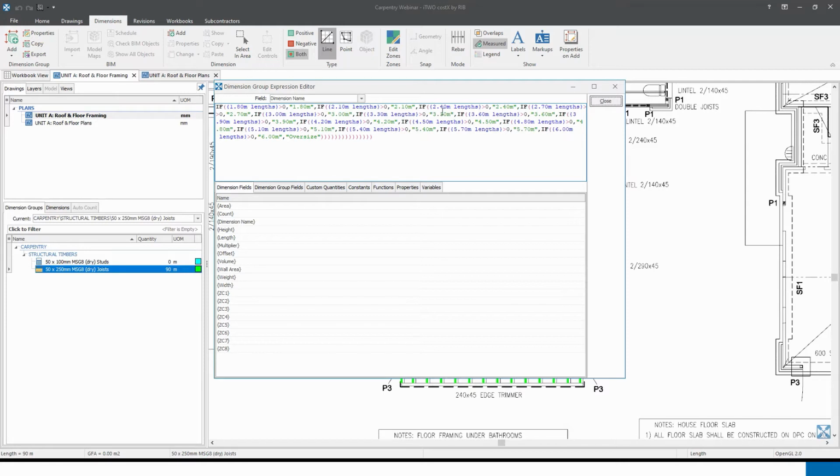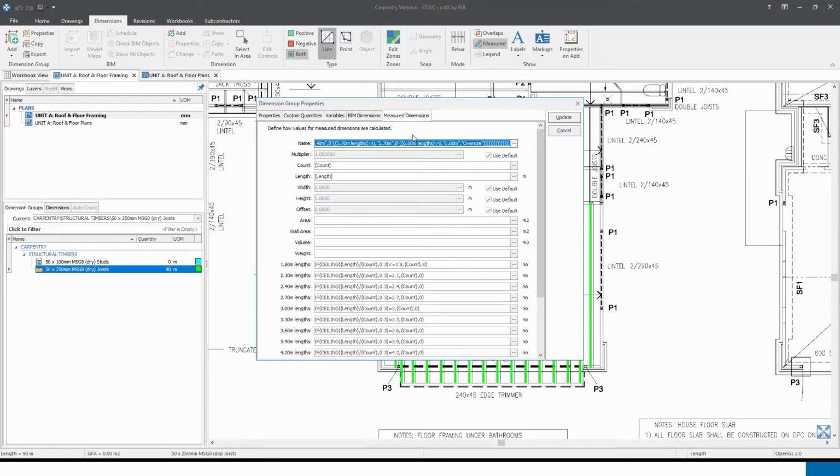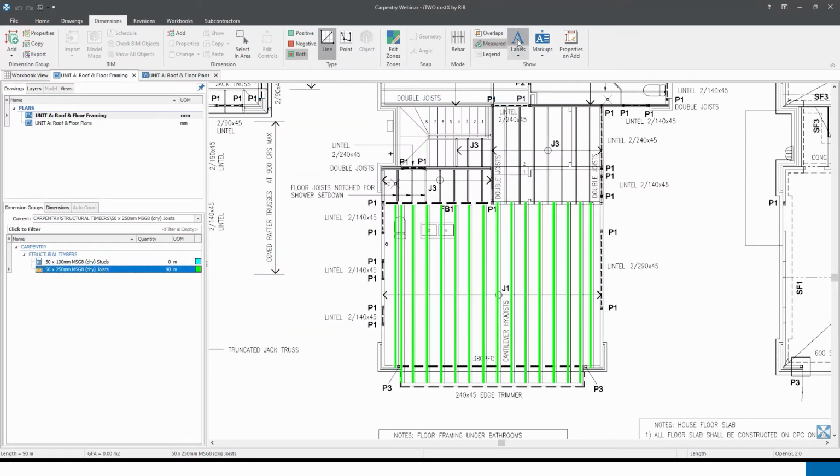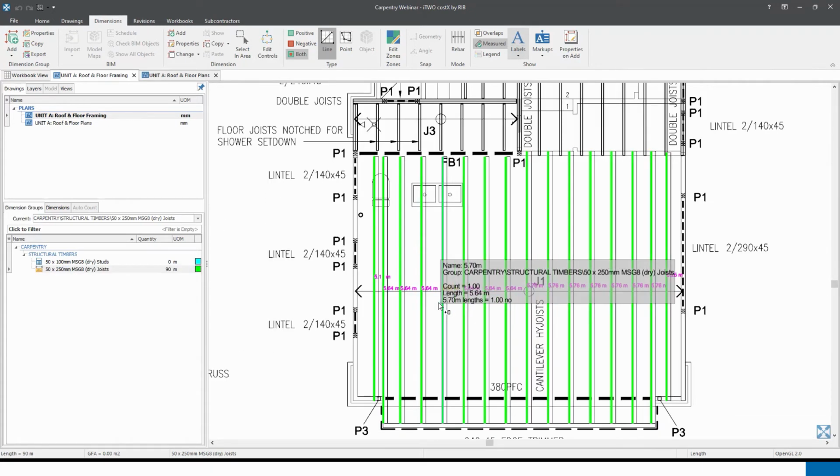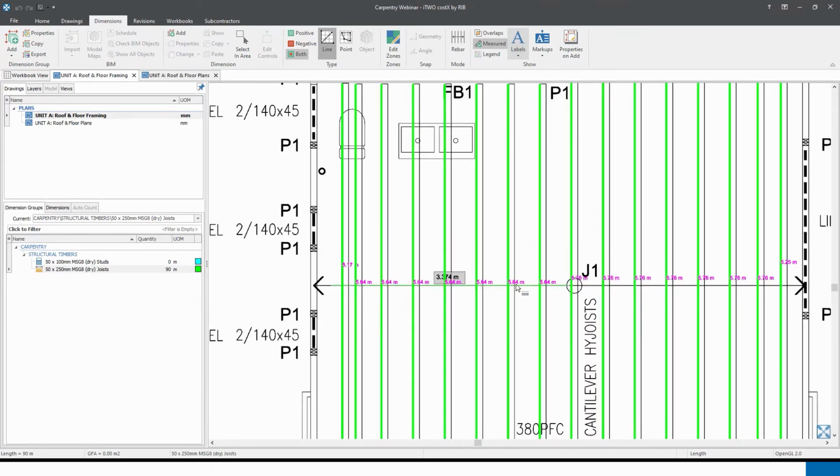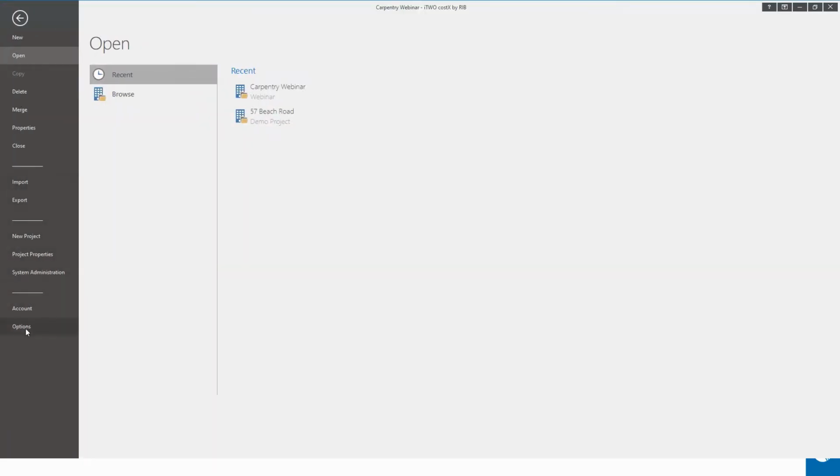So it's just a repetition of that same if statement to actually create a name for each of the dimensions. What does that allow me to do? Well, if I turn the labels tab on, currently it's showing the individual finish length, the 5.76 meters in this case. If I wanted to change that to show the purchase length, the merchant length of 6 meters that I need to buy, what I could do is go to my costX options,